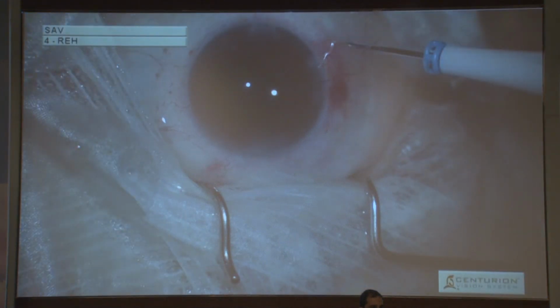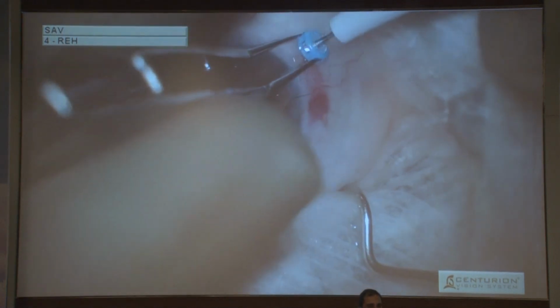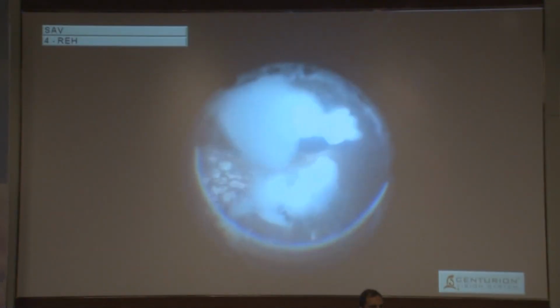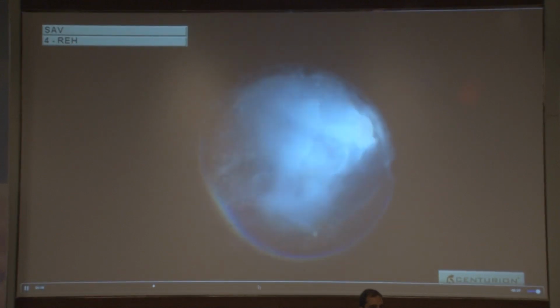So first the cataract surgery was performed. The wound was sutured to make sure that the vitreoretinal surgery can be performed in a proper way, and 3-port pars plana vitrectomy was started. So the vitreous is stained with the triamcinolone and it is trimmed, and later on, once the vitreous is trimmed, we went ahead and